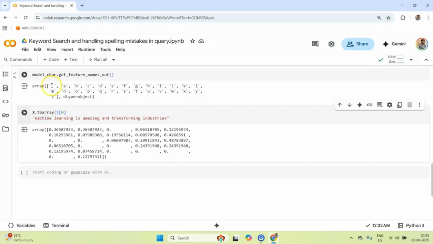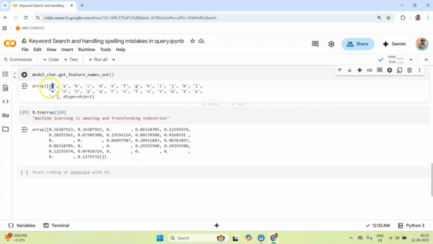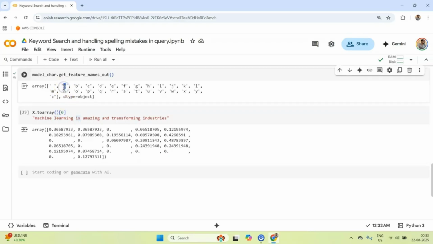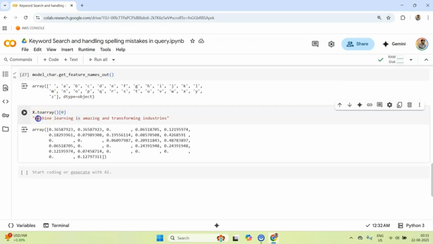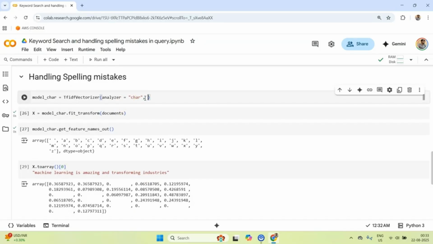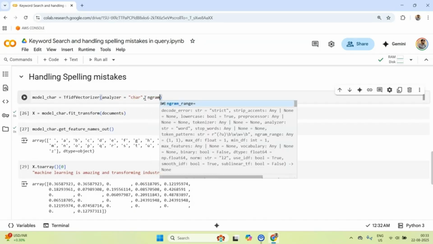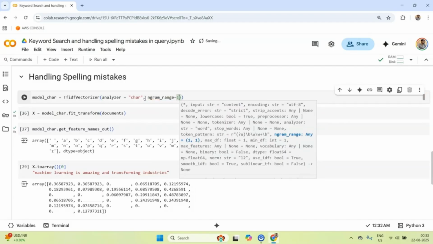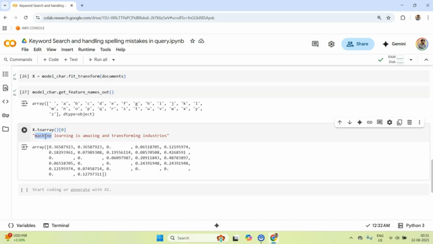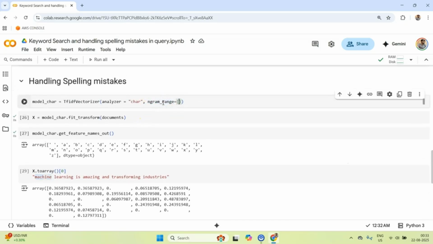So what it is doing is, the first entry is space, and corresponding to space it is giving this much weight. Why? Because there are so many spaces here, right? Essentially the idea is that it is doing a character-level study. For a, I've got many a's, like a here, a here, a here, and so on. You get this idea. But this is not what I want to do. Apart from analyzer, I want to pass an argument called ngram_range. Now ngram_range allows you to specify how many characters you want in each token. So something interesting and intelligent is going to happen.